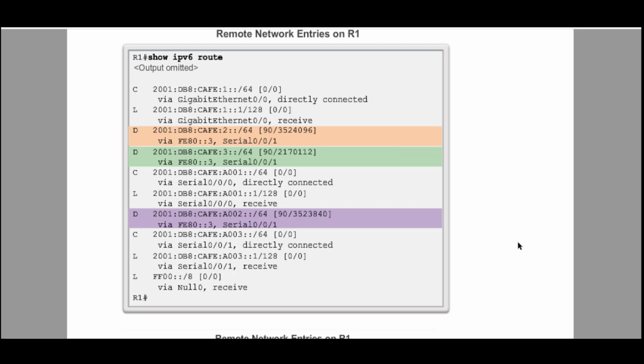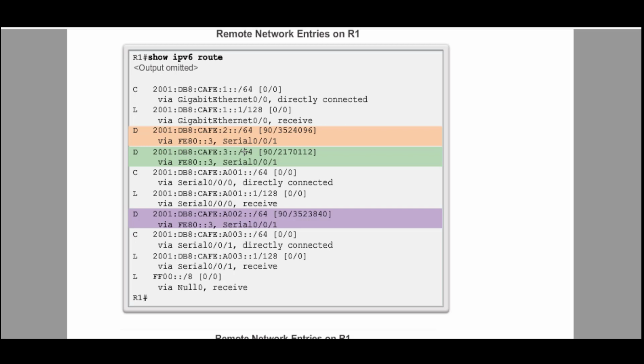2170112. We will see this in the next lab, the OSPF, where it is going to be the cost. So the first one is the administrative distance value, the next one is going to be the metric. Then you have the exit interface, that means the IP address and also the name of the interface. The same thing will be available, only the IP address is going to change. So there is no change in IPv4, IPv6.